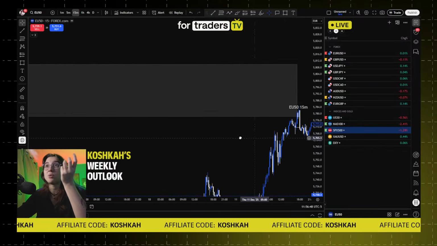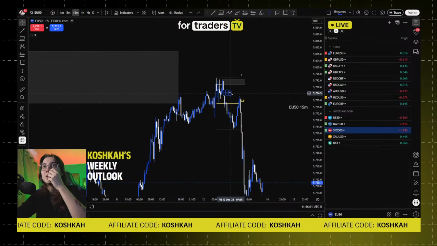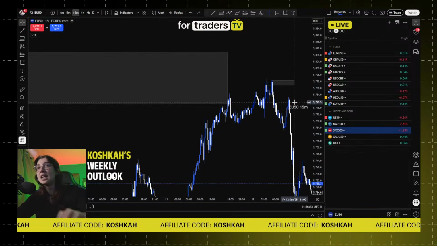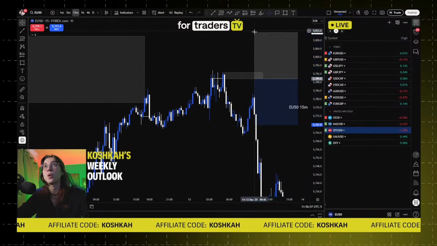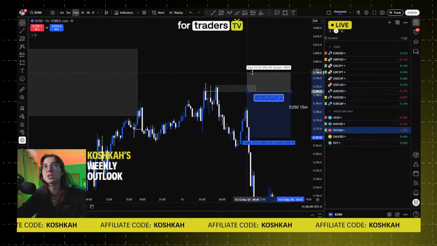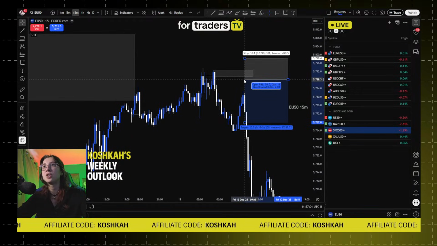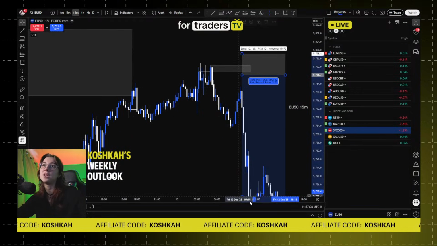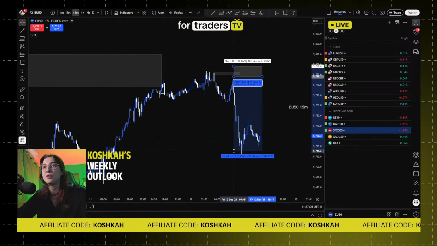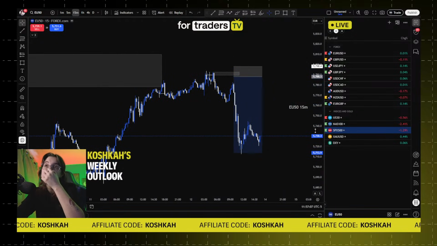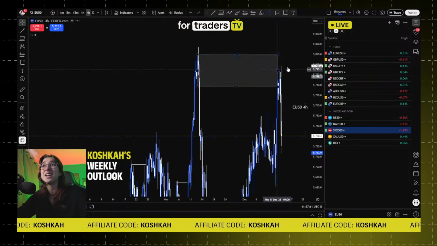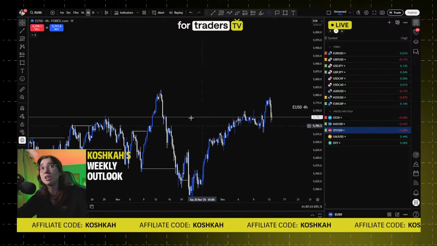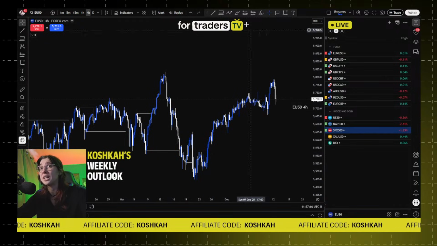So the second try right here, unfortunately, we could not get in for one specific reason. It's because this was the extreme POI entry. The stop loss would have been here and the entry would have been right here. So unfortunately, we missed this entry by a few pips. But again, this happens with trading. So yeah, the POI reacted, and in this case, there is nothing much else to do. There is no other extreme POI here.